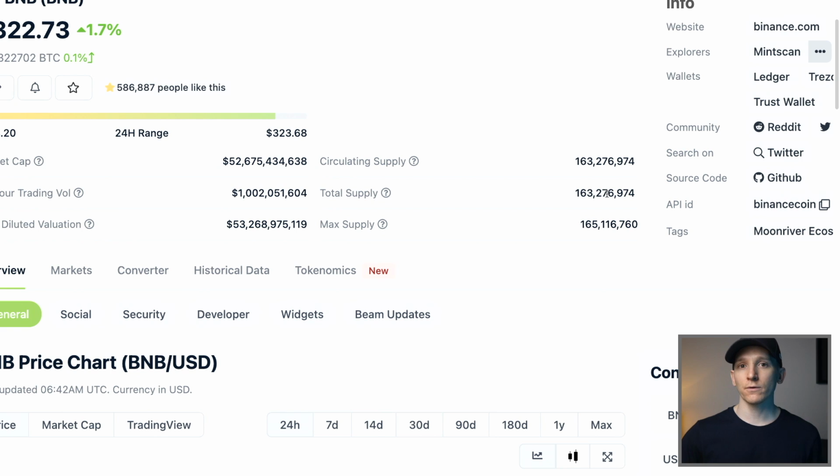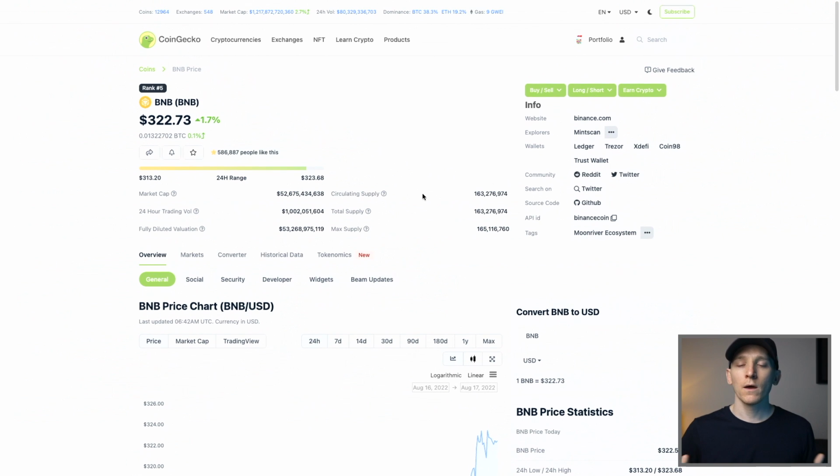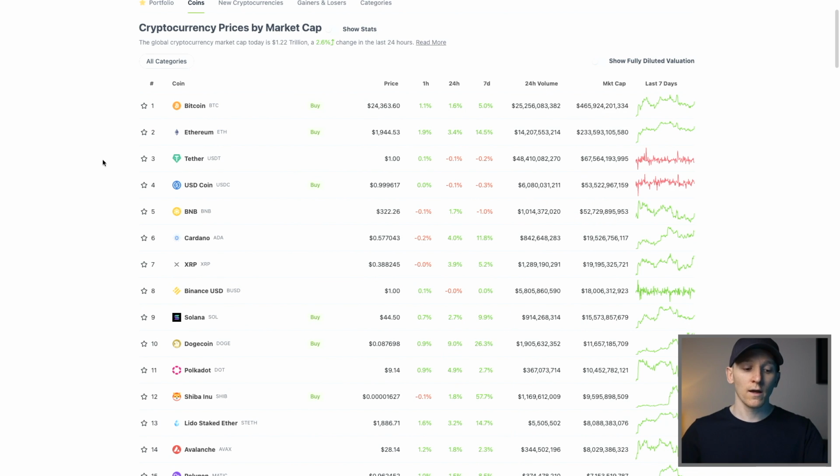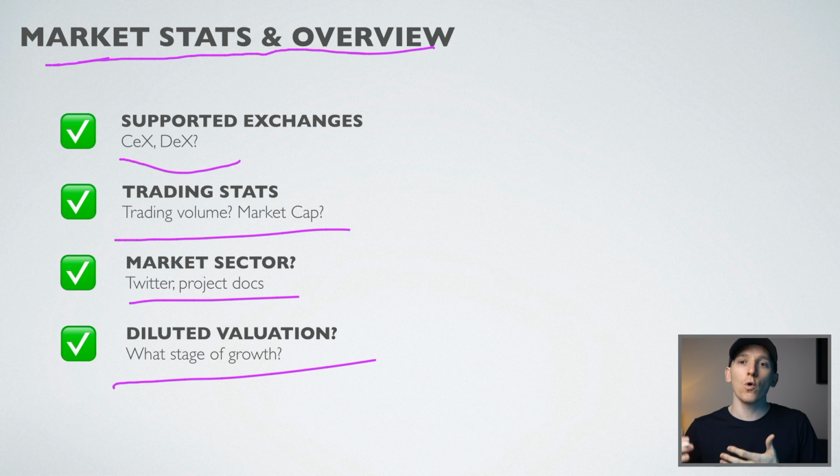That's really, really good, because that tells me that there's no new tokens that are going to be created that are going to dilute all of my holdings. It also tells me that it's a more mature coin, because mature coins have most of their inflation out already. That's a good sign, and it means it's probably a mature coin. Now, that also means that the growth may not be as fast as some smaller coins that are newer and potentially have more